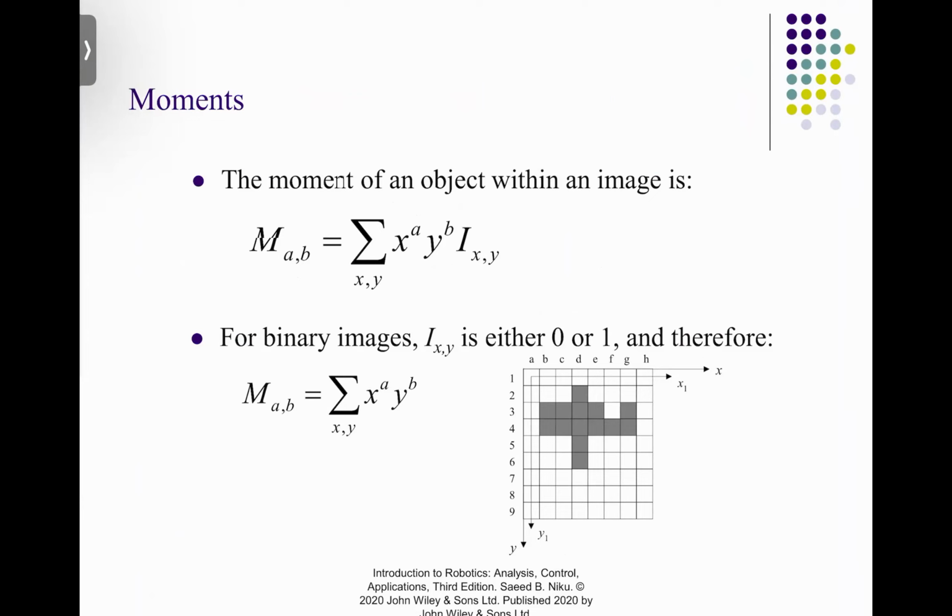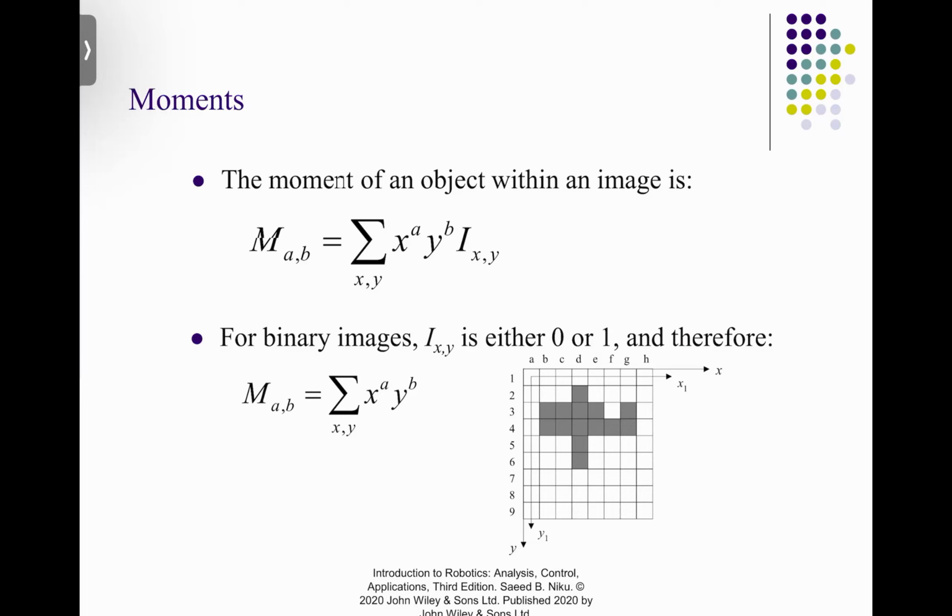And a and b are the exponents. So a could be 1, b could be 1, a could be 2, b could be 0. So you can actually find out the moments that are given by M_ab, where a stands for the index of X,